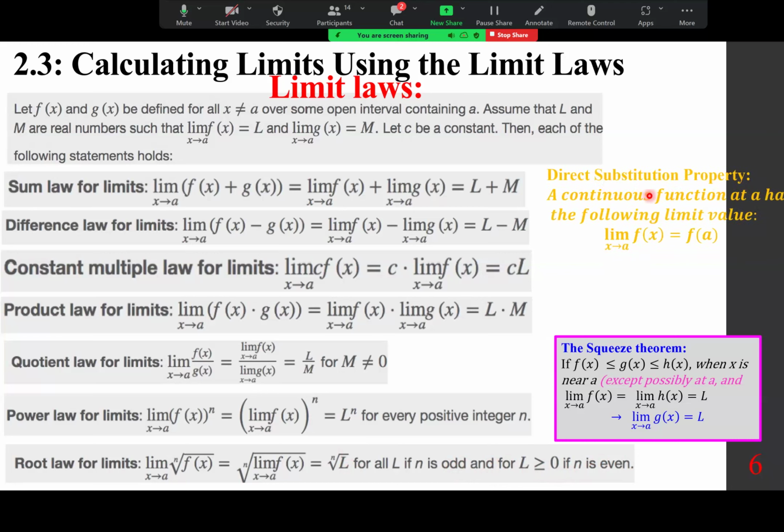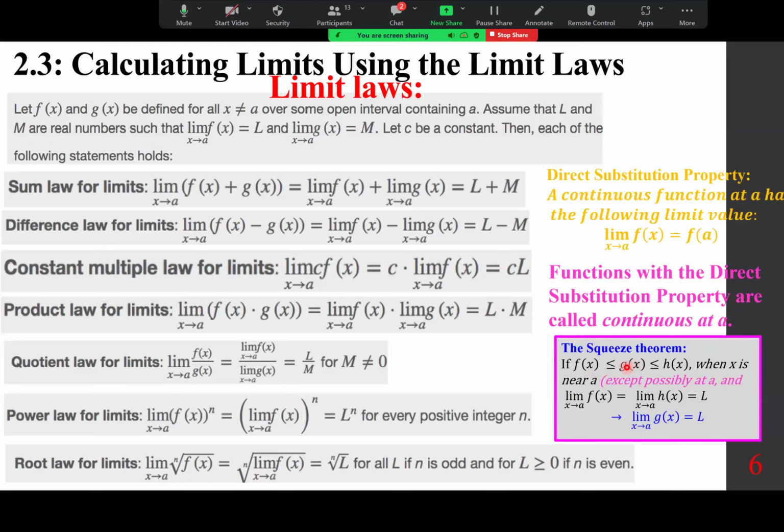We also have the direct substitution property. A continuous function at a has the following limit value: the limit of f of x as x approaches a equals f of a. So simply put, just plug in. That's the idea, everybody. Just plug in. Functions with the direct substitution property are called continuous at a. And we're going to discuss the squeeze theorem in more detail when we come across it, but in short,